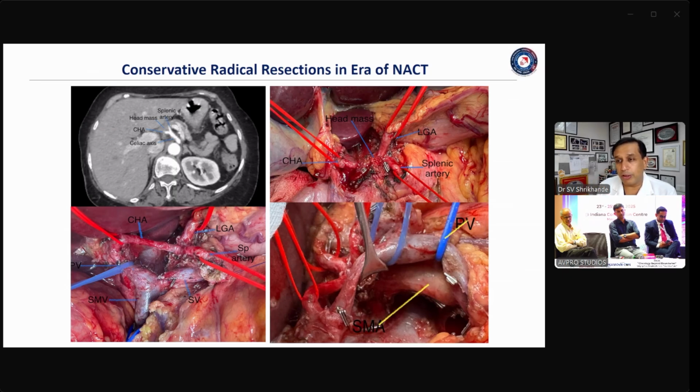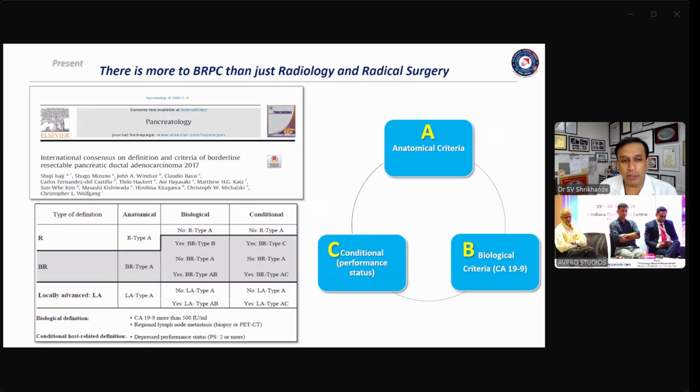So that also depends on how good is the response to biomarkers and to chemotherapy. So I've spoken about this before. Choose the anatomy, make sure that the response to CA19-9 is good and consistent, and most importantly, select which patient you should offer such kind of radical surgery. And there would be a number of patients where you should not offer, however skilled you may be, to do